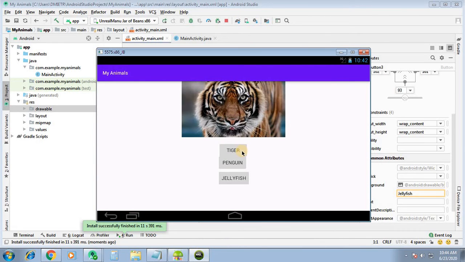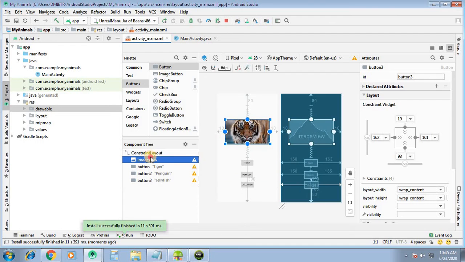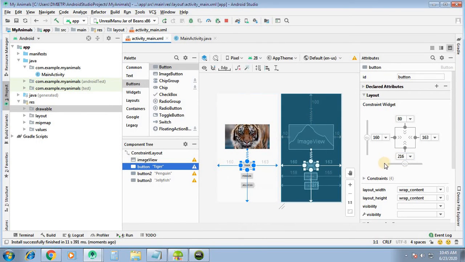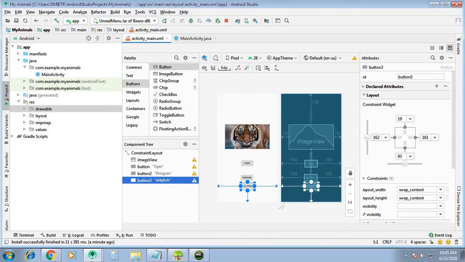When I click on tiger, tiger will be set. When I click on penguin, penguin will be set. When I click on jellyfish, the jellyfish will be set. Let us modify something. Image 800, 250, let us say 50.